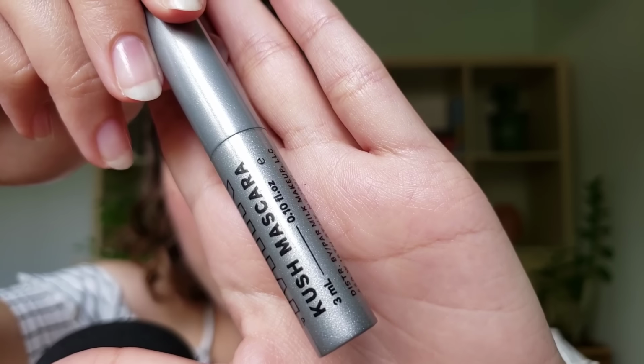This was also one of my top favorites of today's try-on. Just very fluffy lashes. They're just cute. I like it. And again, it's more natural. Next, I don't know what I think about it yet, but the oil